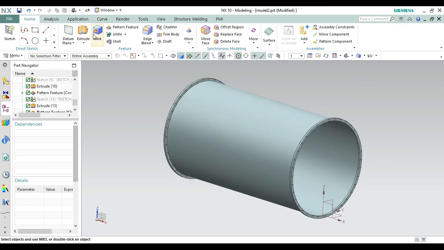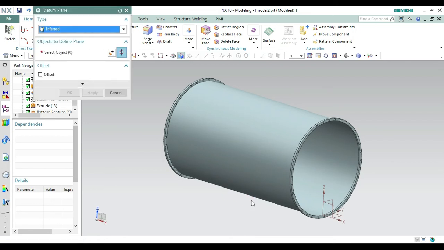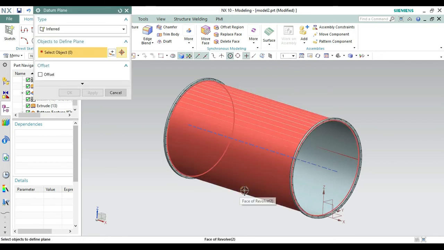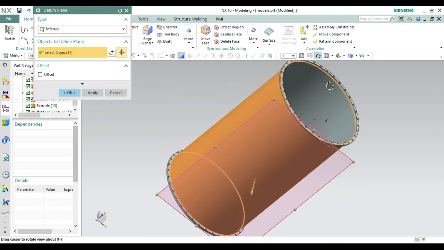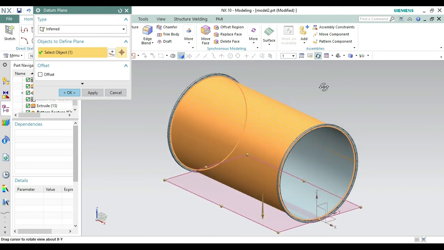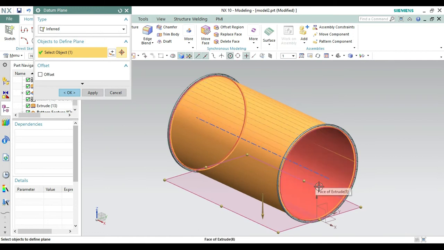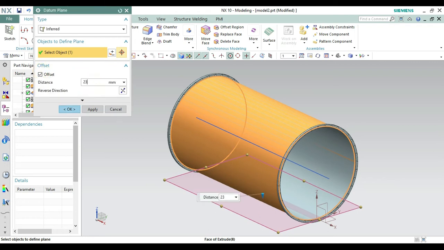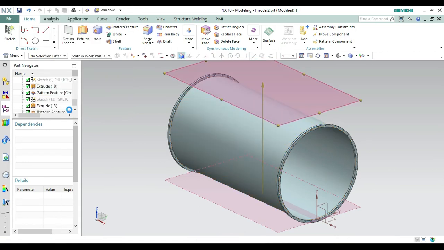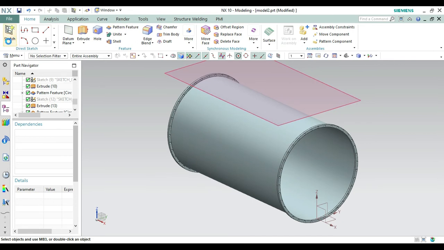So again, going on, we have to create a datum plane. Let's see if it will take from here or where. Okay, it is taking from the downwards. Okay, so we need 1350 from the center, so the distance between the center and this bottom is 1000. So let's make this offset 2350, 1000 more, and let's reverse the direction from here and make it okay. Okay, so you will get an offset datum plane.